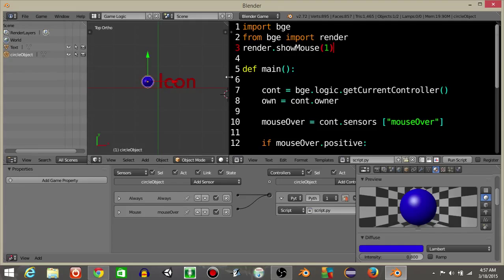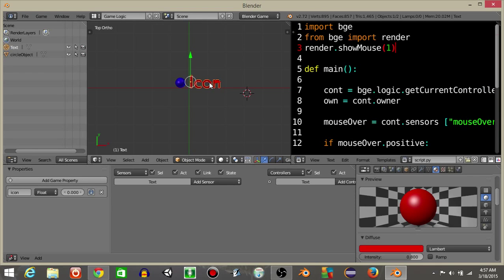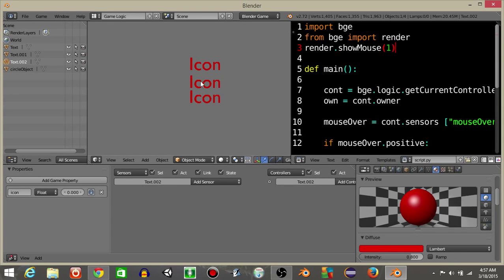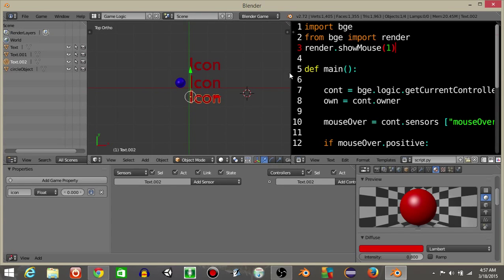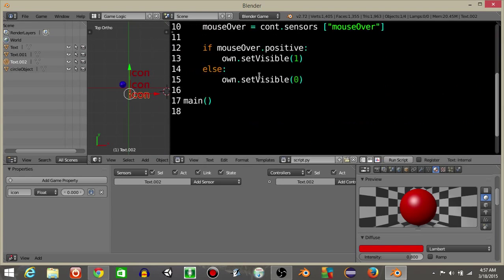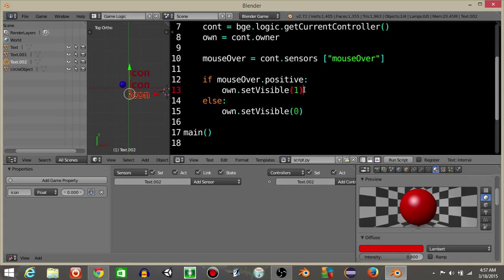Okay. What we are now going to do is I'm going to copy this icon button by hitting Shift and D, and let's copy it a couple of times so it's above and below. But you can see whenever we hover over it, it's just going to show to the left of that middle one. So what we're going to do is have if our mouse is over an object, we're going to have own.position. Actually, we're going to have own.worldPosition